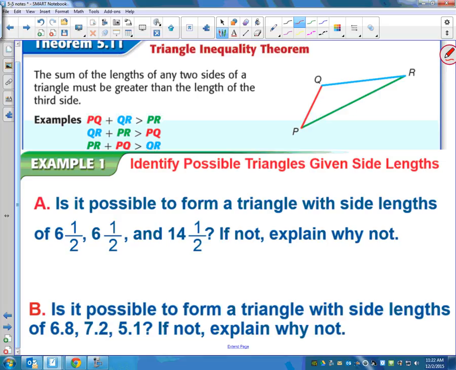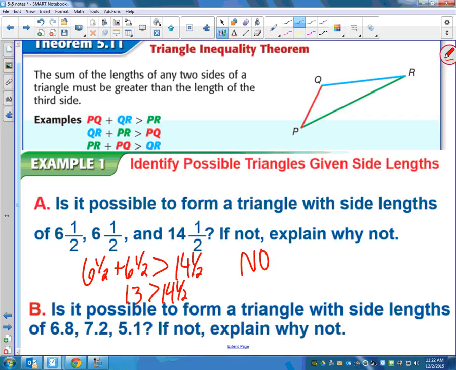So if you're going to show your work, if you're going to justify either yes or no, you would just add up. Does 6.5 plus 6.5, is that greater than 15.5? True, you don't have to check the other two, right? We've already just said it's not true. Because 6.5 plus 6.5 is not greater than 14.5. Or you could say no, because you could draw an arrow over to your work.